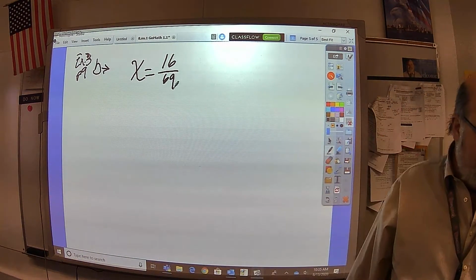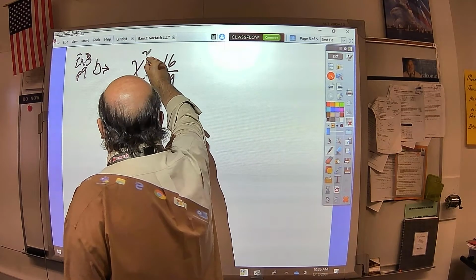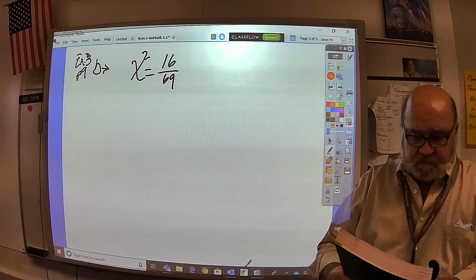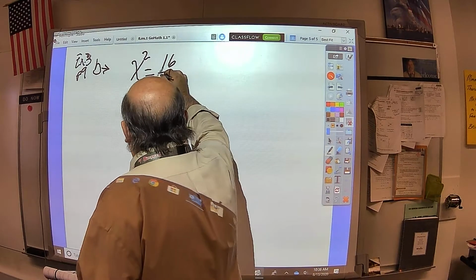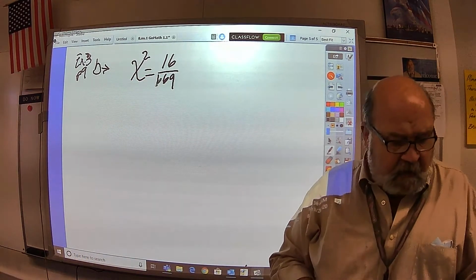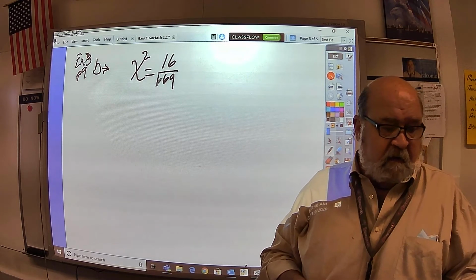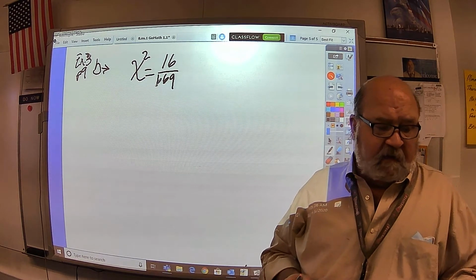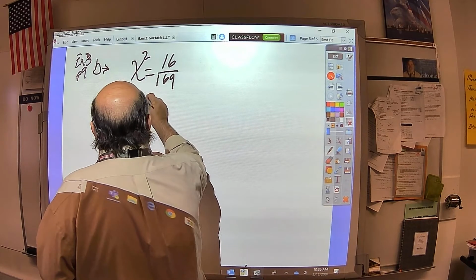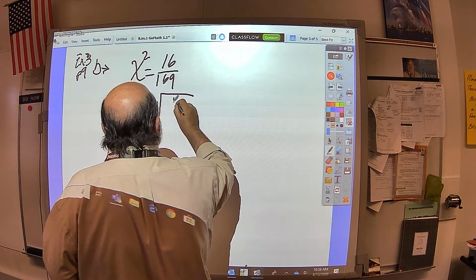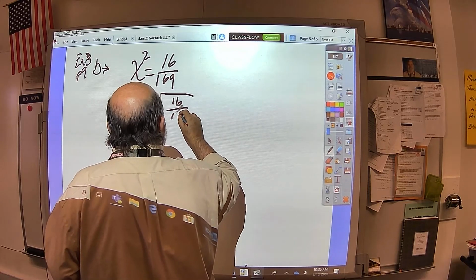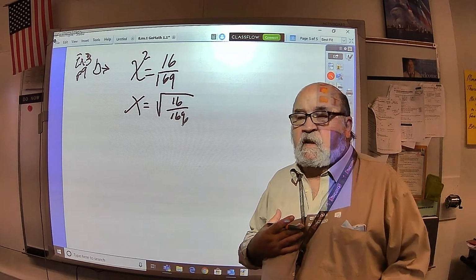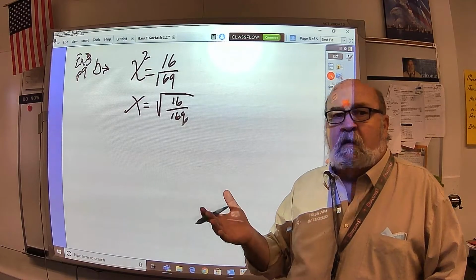X squared equals 16 divided by 169. Now you might not recognize it too quickly, but if x squared equals 16/169ths, then I'm going to look for x by finding the square root of 16/169ths. Right? Now what I have to realize first is that whatever I come up with here has to be